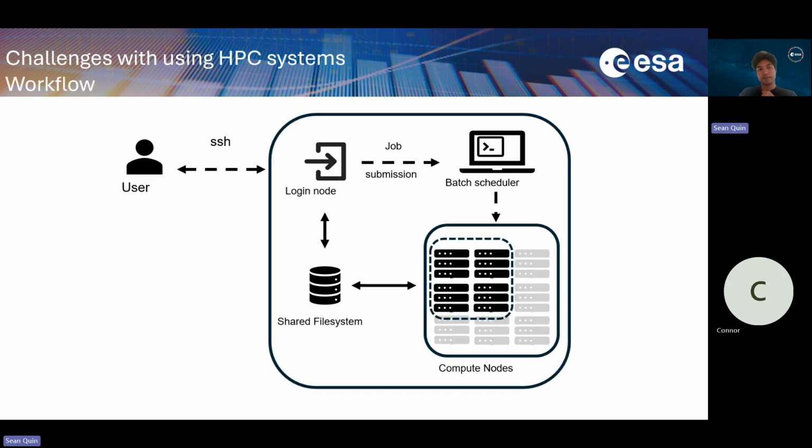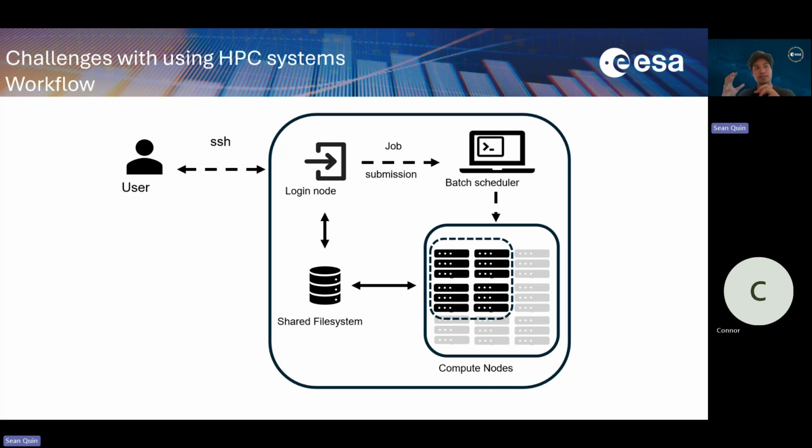So an example of this would be, this is essentially the workflow of a user for an HPC application. You as a user would go to your login node, where you handle your file system, you specify your paths, your directories, etc., of where the data is located, where you want the outputs to be, your environment variables, after which you define a job submission script to then forward to what we call a batch